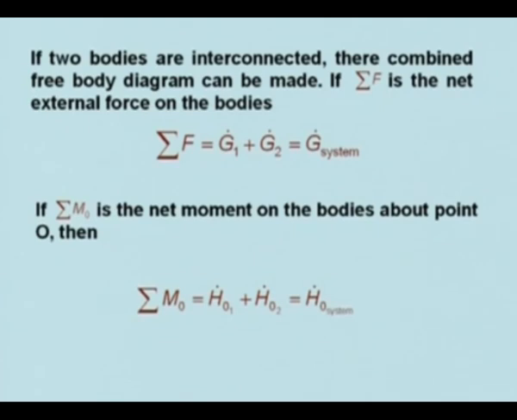If sigma F is the net external force on the bodies, then sigma F is equal to G1 dot plus G2 dot, which is equal to G dot of the system. If sigma M_O is the net moment on the bodies about point O, then sigma M_O is equal to h dot O1 plus h dot O2, which is equal to h dot O of the system. So this is about the